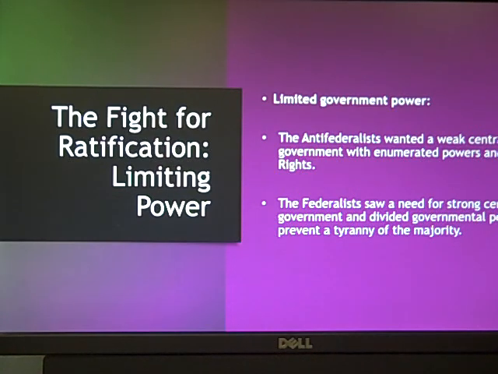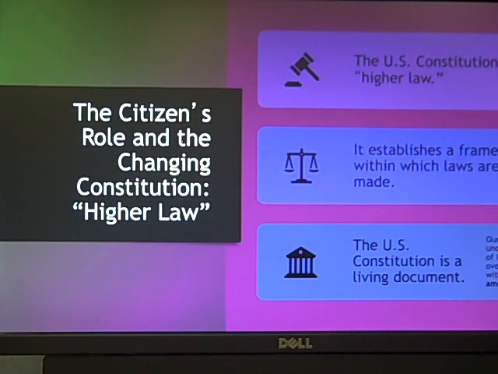Right? Limiting power, the Anti-Federalists want a weaker national government. Federalists want a stronger national government. Right? The reality is the Federalists are at least more accurate in the sense that the Articles of Confederation, where we had a weak central government, didn't work. Right? The only real guy that we have that exists outside of the party structure is George Washington. And if I've got to throw Washington into a political party, I'm probably throwing him into the Federalists. Right? Just so you understand.